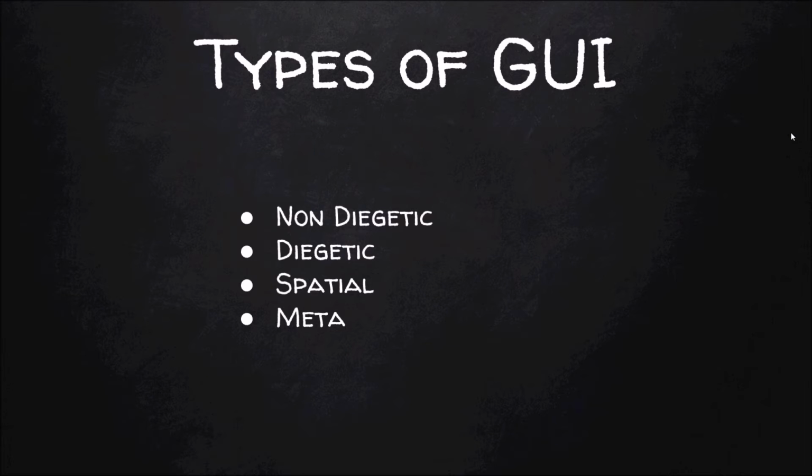And now imagine it is the last minute of that football match and the director has added a thrilling background music for effects. That background music doesn't belong in the scene. It is not actually being played in the stadium, but it is just for you. So that would be a non-diegetic sound. In games, non-diegetic is the most prevalent and traditional form of GUI which has been used throughout the years. It is often called HUD or heads up display, and it is used to show information like your score or how many lives are left.